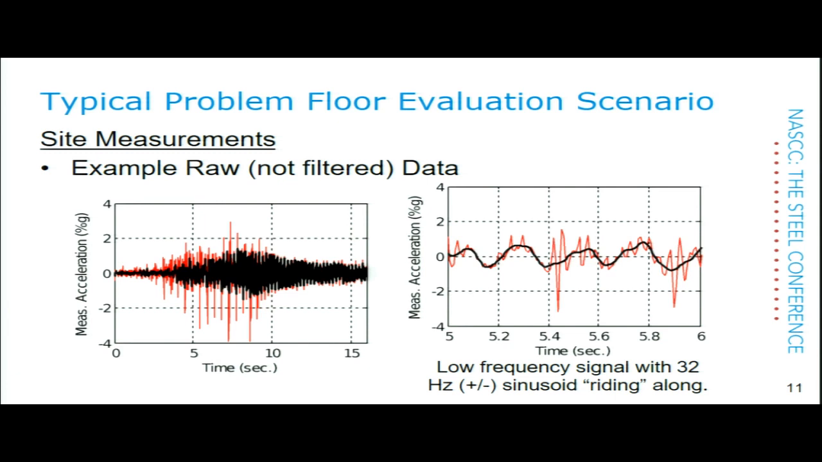On top of that, there is a low frequency signal, which is this one. It's only 6 seconds of this record with the 32 hertz signal riding on top of it. That's very, very common, that you see either 30 or 60 hertz in these records, because that's the equipment that's operating in the building. And these accelerometers are so sensitive that they'll pick that up even though you'll never feel it. So the record has to be